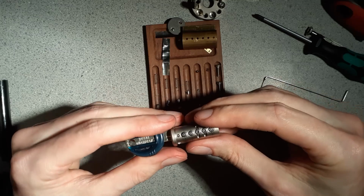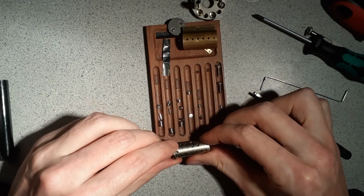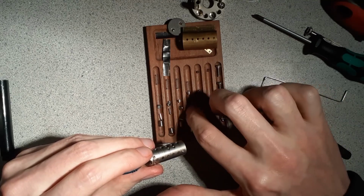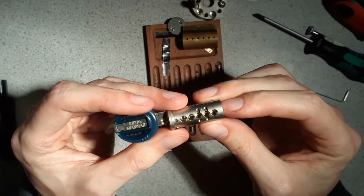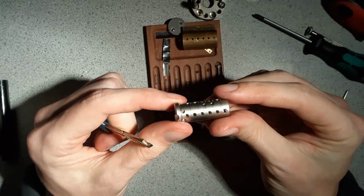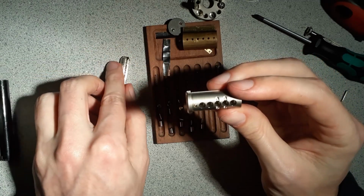Key pins, nothing crazy. I think they're just fairly standard pin-in-pin key pins. In fact, I think they might be basically identical to the multi-lock ones. I don't actually have any multi-lock to compare them to, but I do have a keyless MT5, and I think this would fit in there, but I haven't gutted it to actually get it in because there's no slider track, so it only slides in a little bit. But yeah,